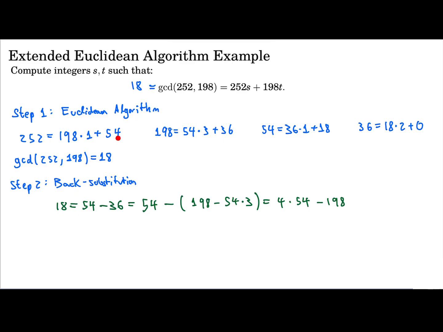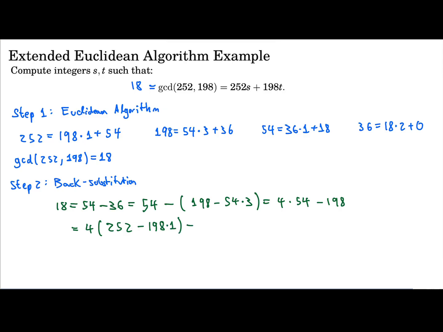So the 54, you can write it as 252 minus 198. So if we do that, then this will be equal to 4 times, so the 54 is 252 minus 198 times 1,